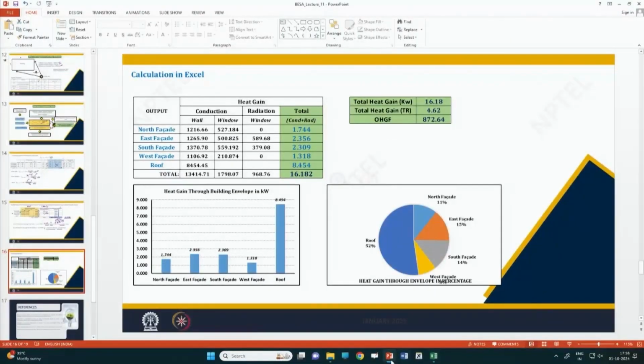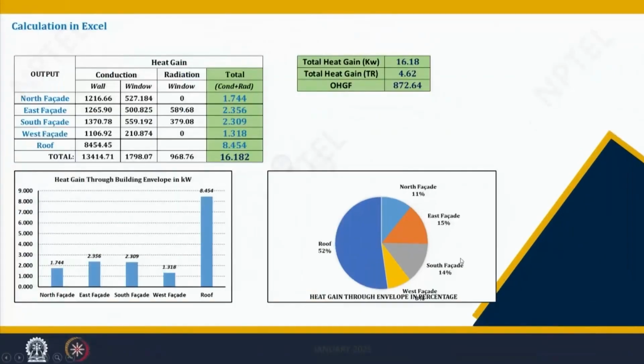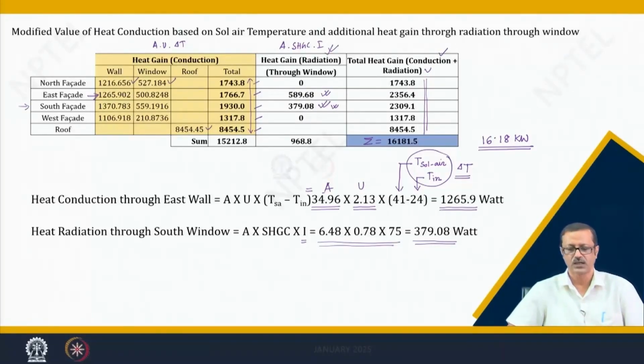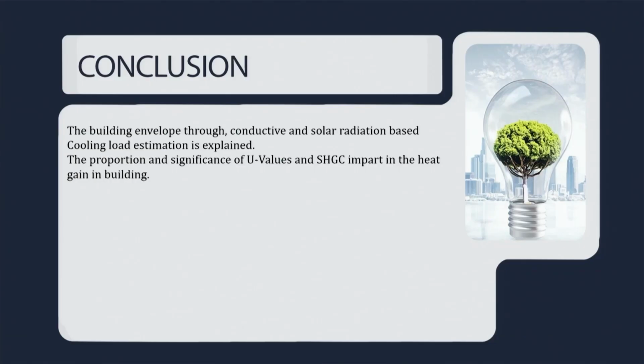So, let us go back to the PowerPoint presentation. Here we have that particular discussion of what we got if I take care of the radiation also in the surfaces. The nutshell of this discussion is that the total building envelope, through the conductive and the solar radiation, has been taken into account, cooling load is estimated, and we have explained one very important criterion, the overall heat gain coefficient, which is a very easy way to understand,